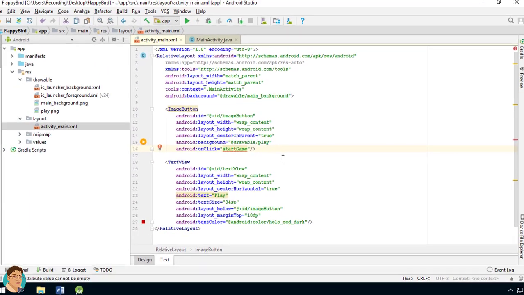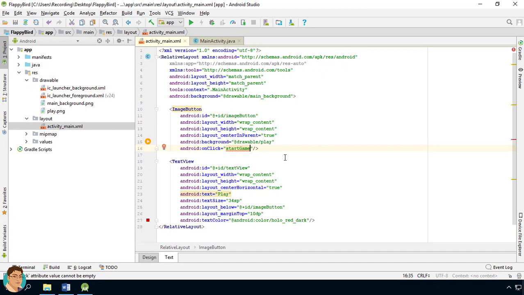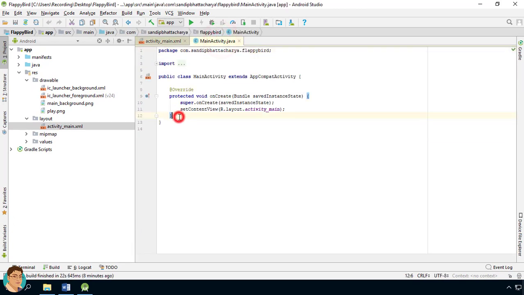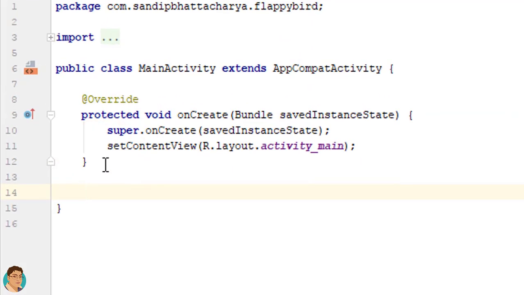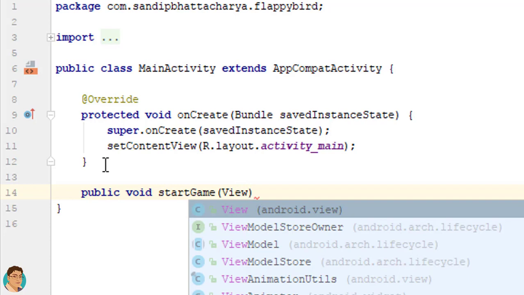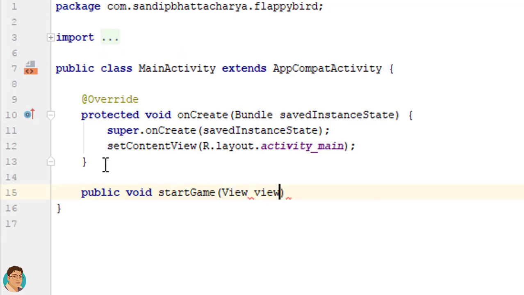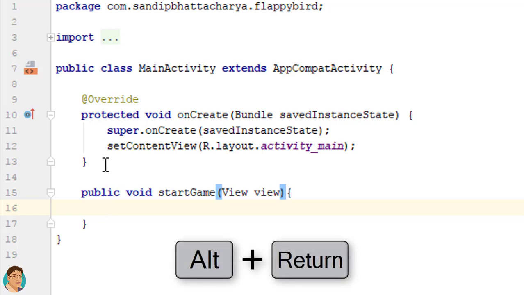Next, go to MainActivity.java, define startGame by writing public void startGame(View view) with open close curly braces. This method takes a view parameter, even if we don't need it. Just import view by pressing Alt and Enter if it is not imported automatically.